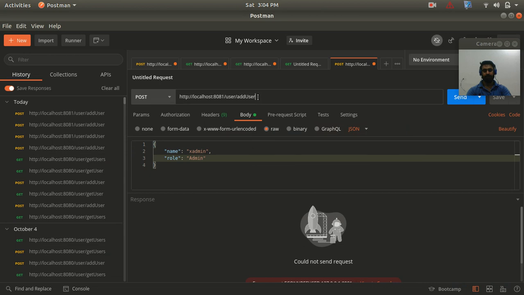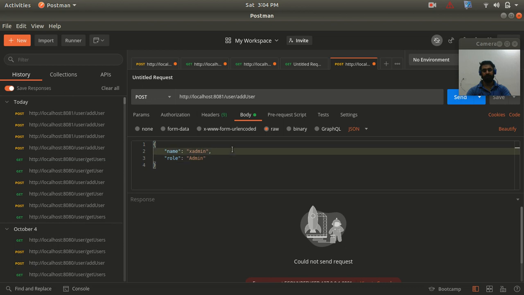User and add user, and guys, this is the post method. And here in the request body, I'm passing the JSON object as name and role, and guys, here I'm not passing the ID because the ID is auto generated, I have kept it that way, right?